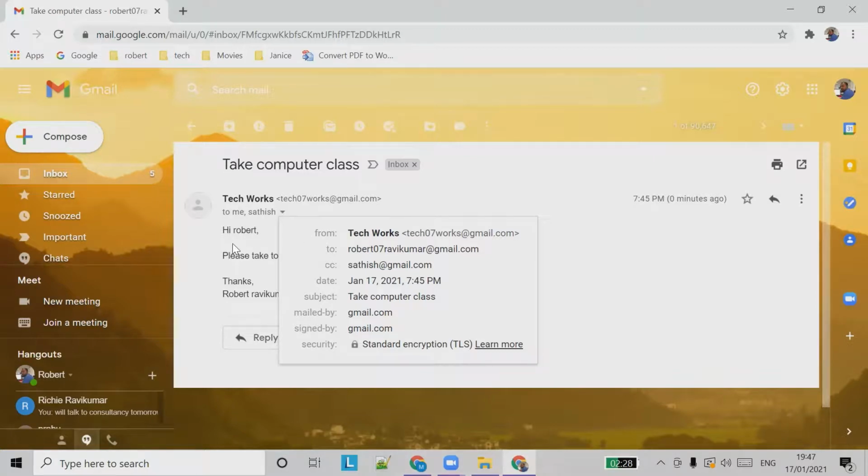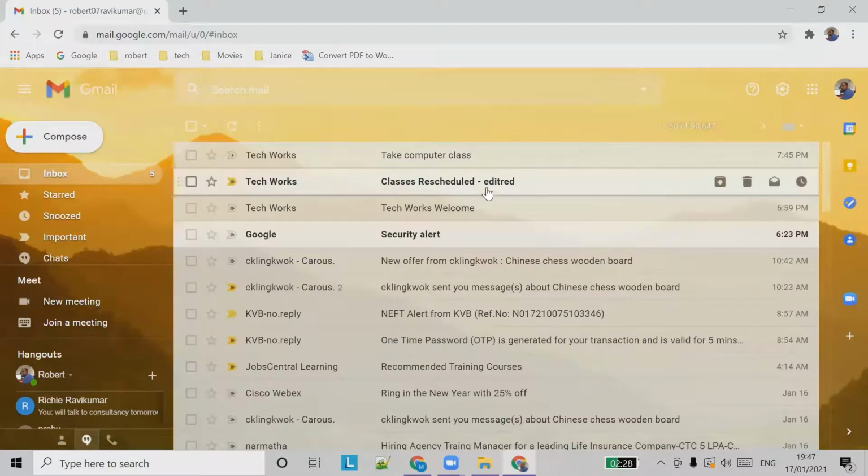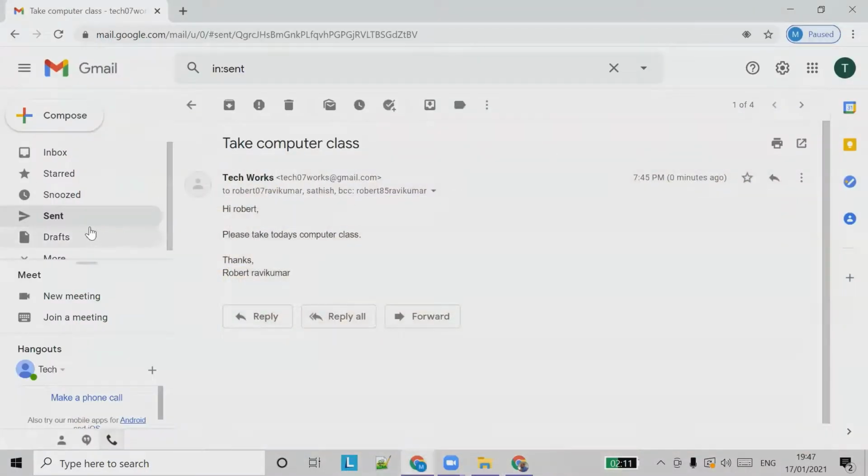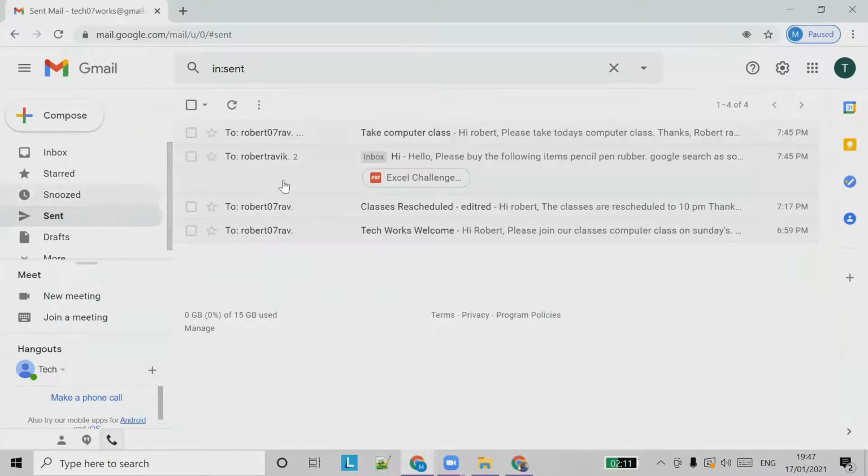So this is one thing. And now we learned about the difference between BCC and CC. So now we can go to the scheduled thing. Now it's already 7:47 and we can go to sent items and see.